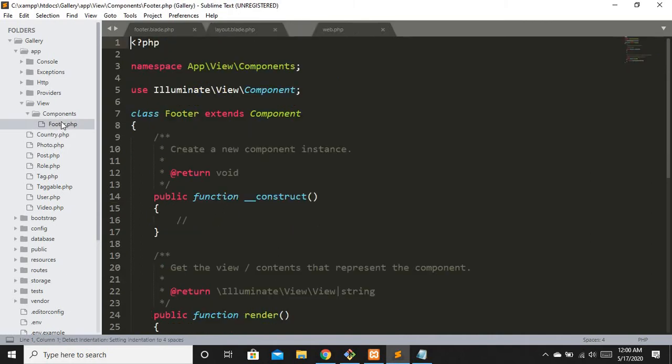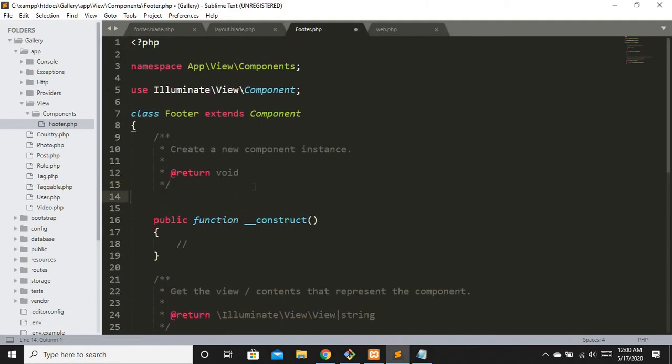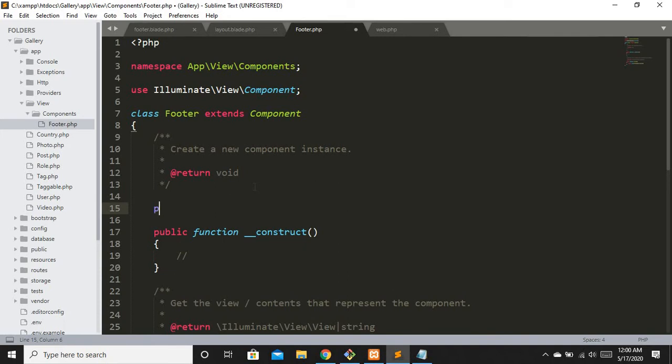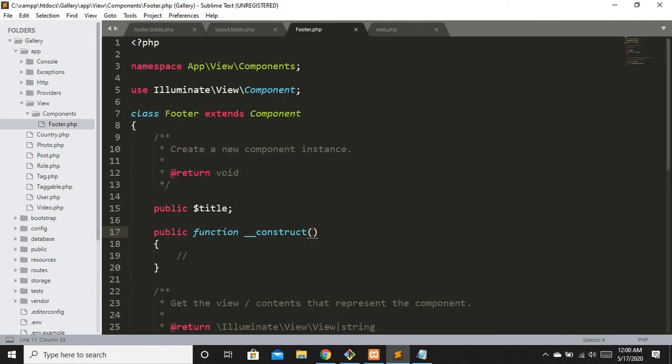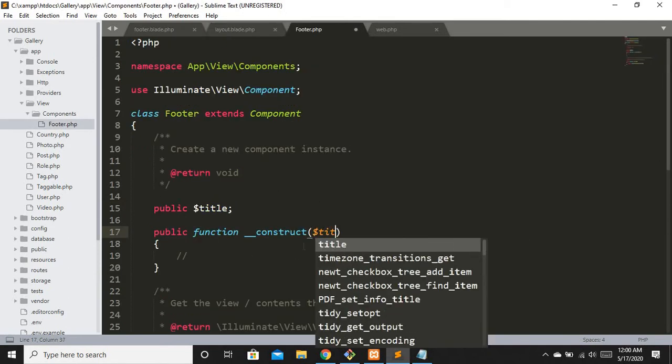So I'm going to move right here and create a public variable so I can get the title variable right here, public $title. Okay, that's it. Now I will pass the title from right here to my constructor. I'm going to pass it right here in the construct function, $title.